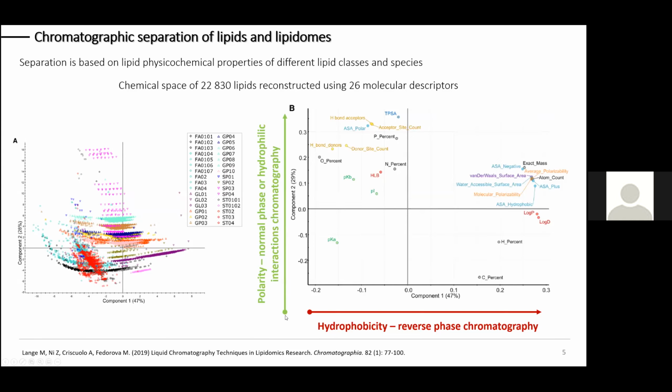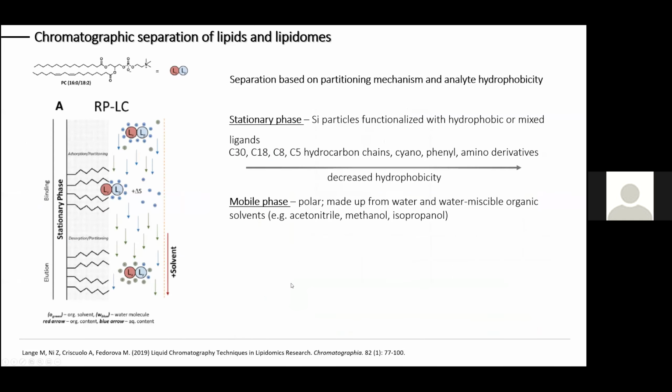In this case, we separate different classes of lipids using normal phase chromatography, or, more commonly used nowadays, hydrophilic interaction chromatography. Indeed, those two methods are the most popular ones. Again, I'm not going into details because Michal Holčapek will be talking about chromatography, and he's really an excellent expert in the